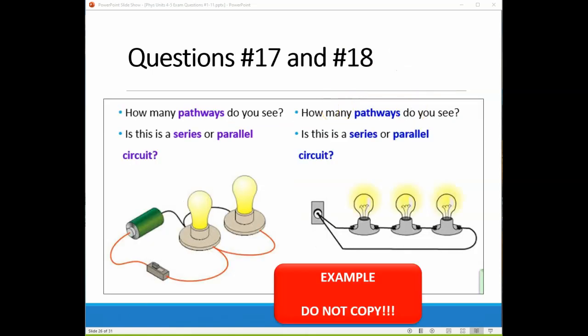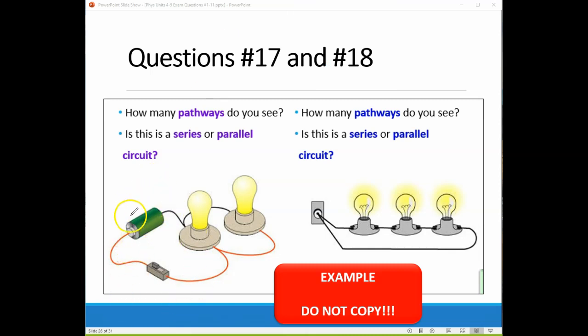Questions number 17 and 18 ask you to take a look at the number of pathways that you see in a circuit and to determine if something is a series circuit or a parallel circuit. These are just examples. Please don't copy these examples because yours will be different. Okay, so if you take a look here at this first example right here,